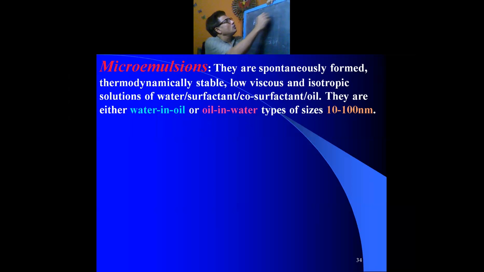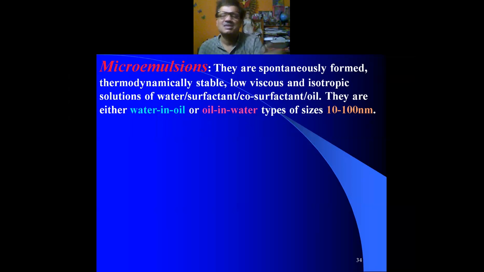H2O, AOT, and then in heptane, it means it is water dispersed in heptane with the help of a surfactant AOT. Or if I take n-heptane dissolved in AOT in water, that means it is oil in water microemulsion. So microemulsions are either oil in water type or water in oil type. Sometimes their size is not very specific. Sometimes they call it 5 to 100 nanometer. Somewhere they call it 10 to 100 nanometer.